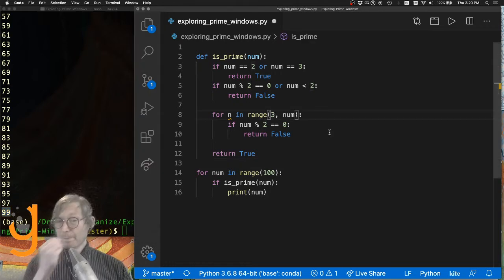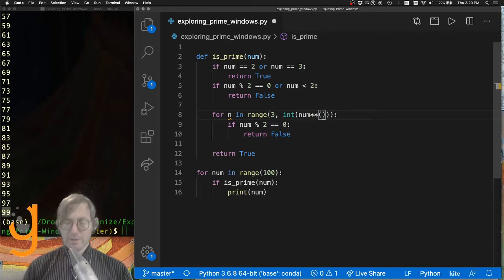So we're going to start at 3, and we're only going to go up to the square root of the number, which I'm going to represent as num to the 1/2, right? And we'll go one more than that. And we're going to go in 2s